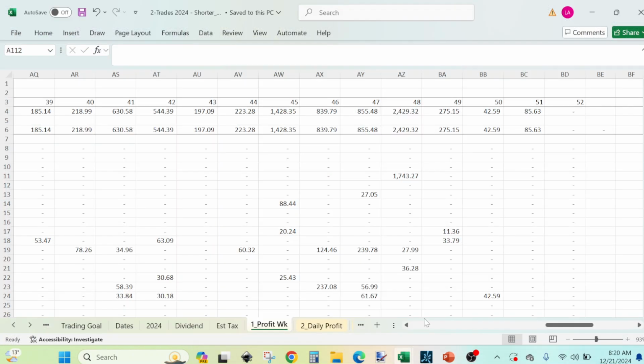our swing trading workbook. I think we didn't do the review for week 50, I believe. So we are going to do week 50 and week 51, because it's December 21, 2024 today, and that's week 51. And for week 51, our weekly profit, because you can see a report, profit weekly is 85.63. We sold some stocks